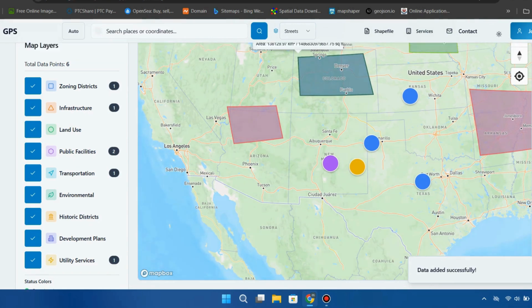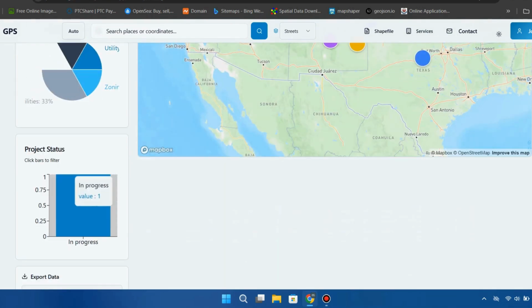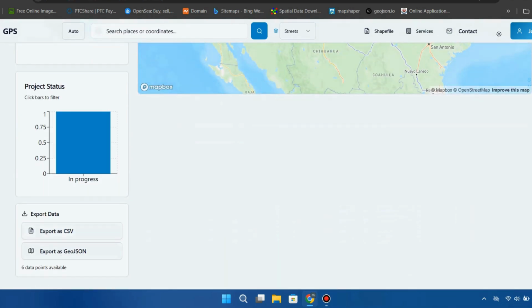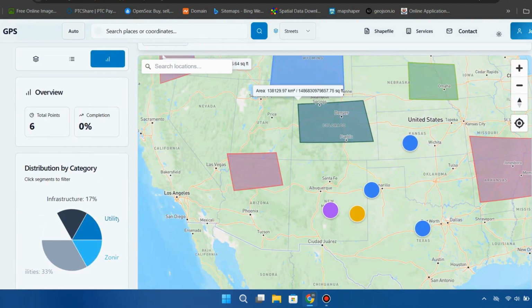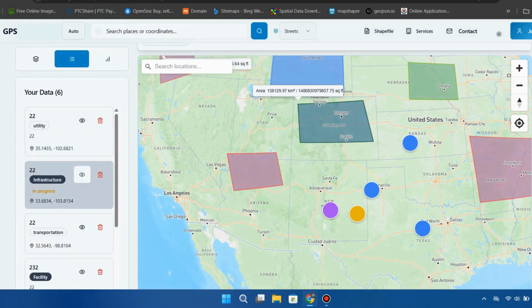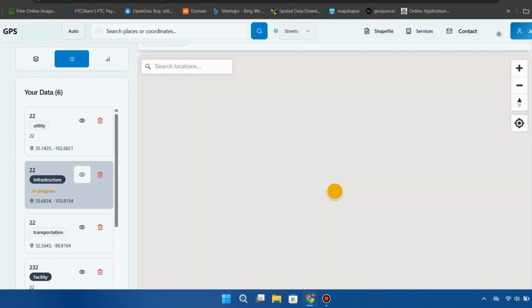Each map layer contains its own set of zone categories and zone types, allowing for detailed classification and analysis. The platform also provides visual analytics, including pie charts and bar charts,